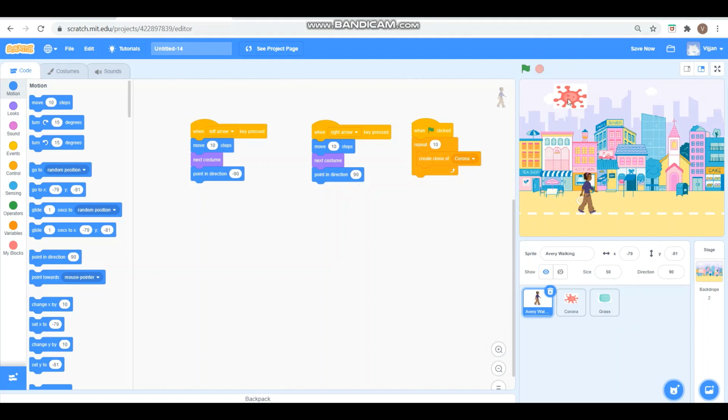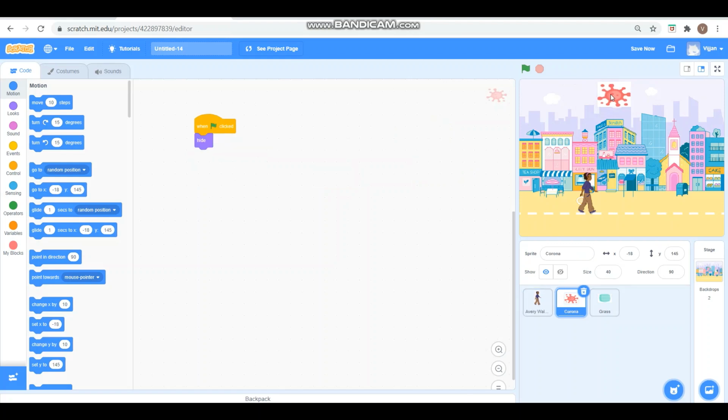We want these 10 copies to be falling from the top. We want one sprite to be falling from here, one from here, one from here, one from here, like that. It should be changing its position, right? So how will we tell the program it should change position? Here, can you see an x and y axis? The horizontal one is the x axis and the vertical one is the y axis. If I change the position, the x and y values are changing, right?